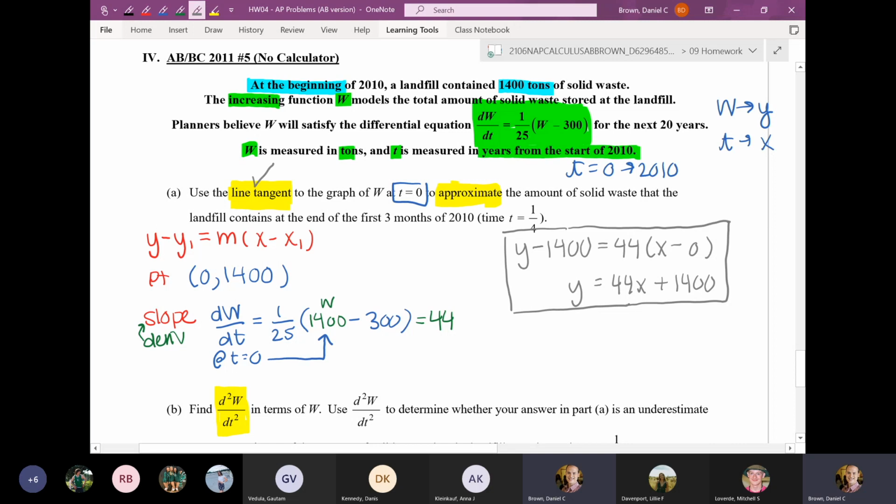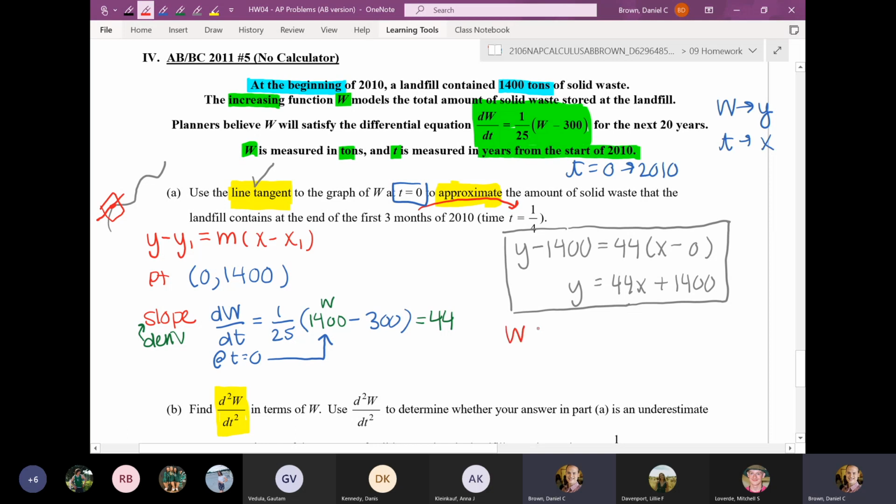Now we need to do the approximation. If you recall from before spring break, we don't know what W looks like. It could be some crazy function. But if we know the tangent line at a point, then at least we can use the tangent line to approximate the function as long as we're close to where that tangent line is. So if I want to approximate the amount of waste in the first 3 months, which they tell me is t equal to 1/4,